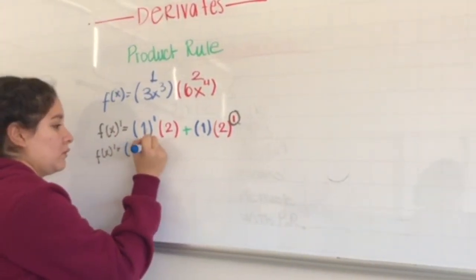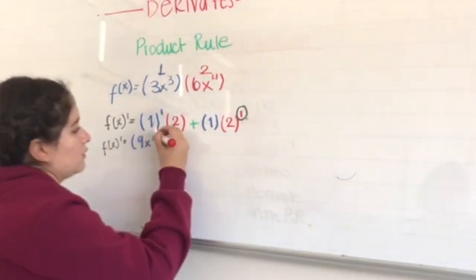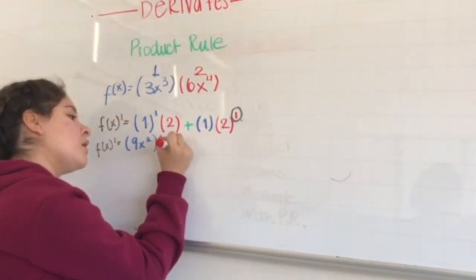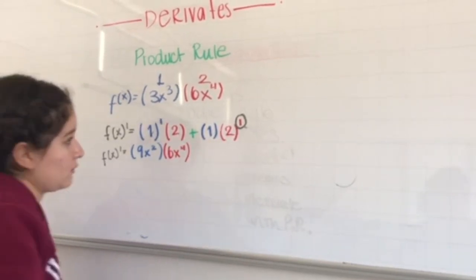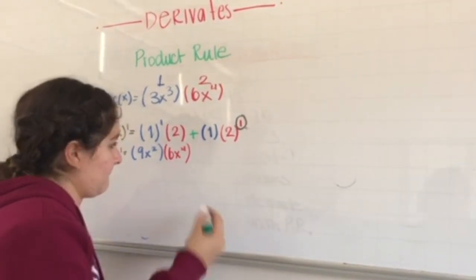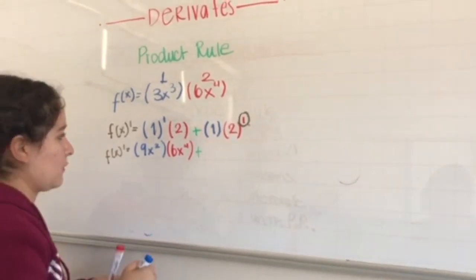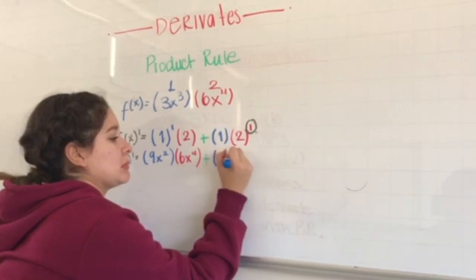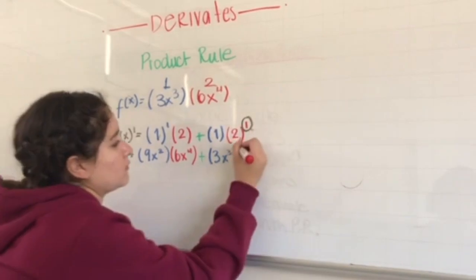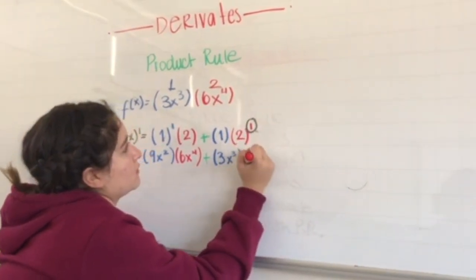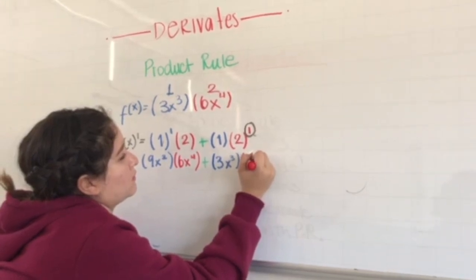Now that we understand the rule and how it's made, let's start. We apply the power rule to the first one and multiply it by the second one. Then we put the sum sign, marking that we're going to add it to the following: you paste the original first one, in blue, which is x to the third, and then multiply it by the derivative of the second one, 6x fourth, which is